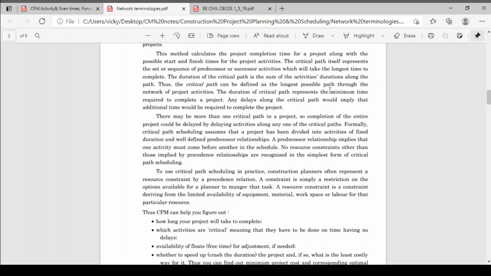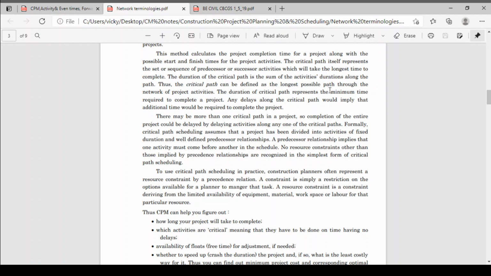Before scheduling another activity, there should be a predecessor activity, and that activity should be completed, and only then will your next activity start, or you start the next activity simultaneously. No resource constraints other than those implied by the predecessor relationships are recognized in the simplest form of critical path scheduling.